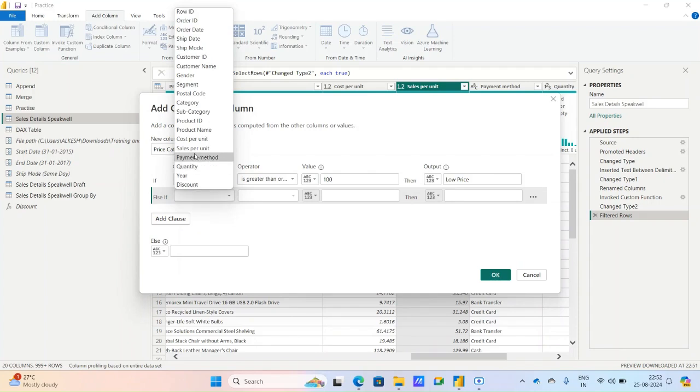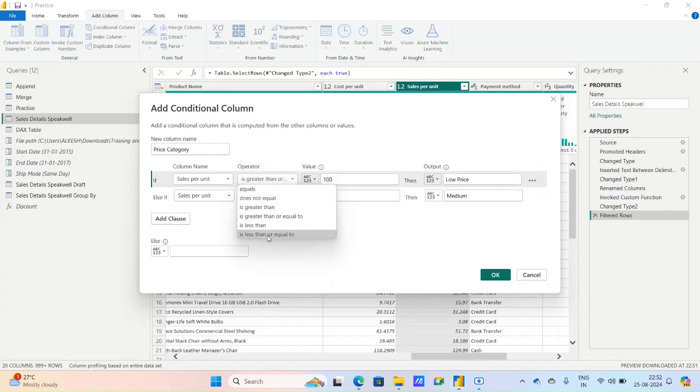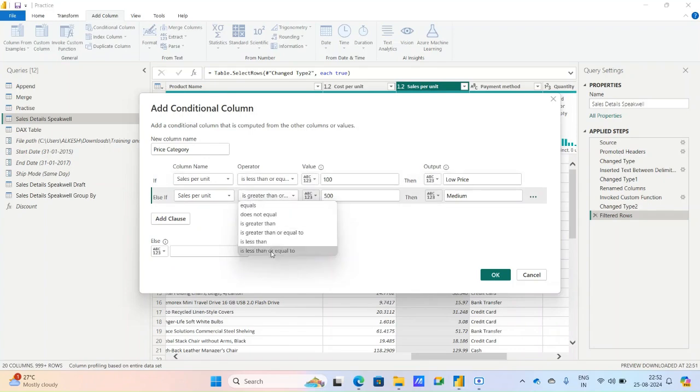We can add the clause for sales per unit. Suppose we put greater than or equal to, and 500 over here, and then the output is medium price. Okay, it is the medium price. And lastly, after that, we can add it over here. Sorry, it will be put under less than or equal to. If it is less than or equal to 100,